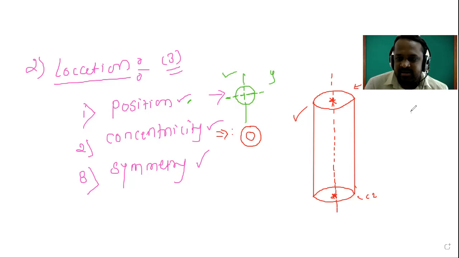Okay, means for example, suppose these are both the circles. See, this is the concentricity and this is the symbol for the concentricity. Means the center point of both the circles should be matched. Okay, the center point of both the circles should be matched. Then we can call it the concentricity. Again, example. If they have given like this,